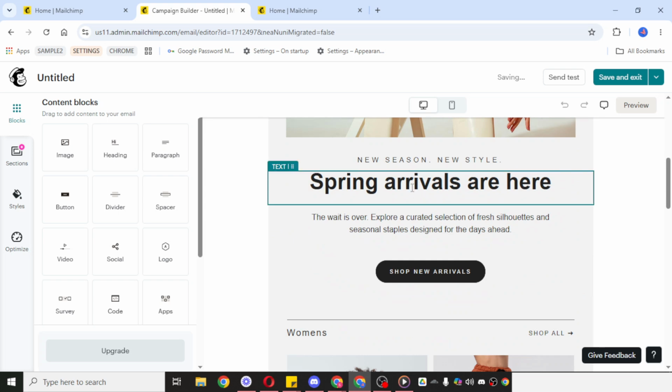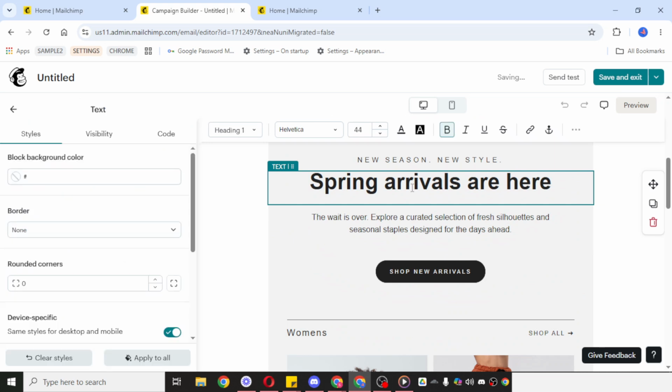Look carefully through the options, because the feature you need is called Write with AI. Now, depending on your MailChimp plan, this option may appear in a slightly different place. If it's available in your account, you'll usually see it near the top of the editing panel, above the Move Block option. In some accounts, it may not be visible if that feature isn't included in the current subscription plan. So if you don't see it right away, that may simply be the reason. But if it is available, click Write with AI to continue.